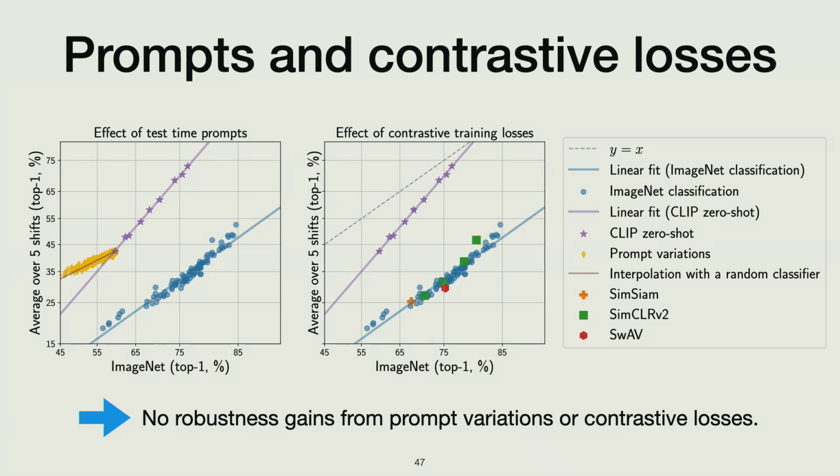And then to see what contrastive losses do, we ran a bunch of Imagenet contrastive loss functions that people had proposed, and they are mostly on the blue line. This one is a bit of an outlier, and I think a great question is why. I think this is getting a bit technical now. Here we are averaging over 5 distribution shifts. One of them is Imagenet A. Imagenet A behaves differently from the other 4. I looked into what is exactly going on here. Overall, even if this is an effect, it is much smaller than the effect you get from CLIP.